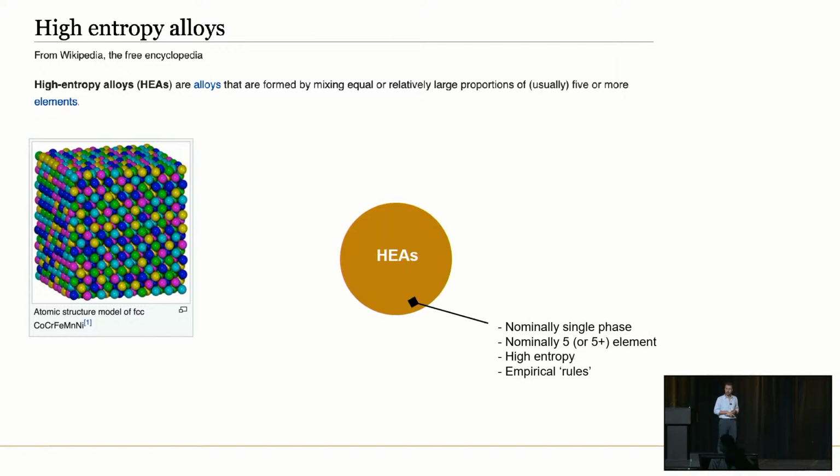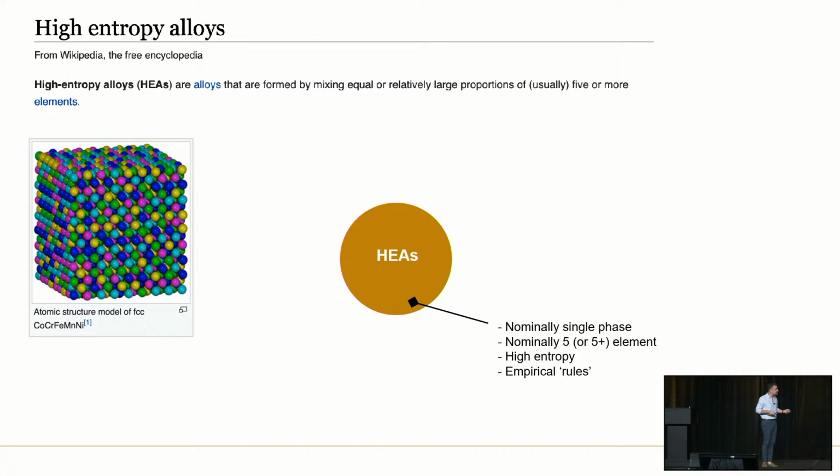All right, so high entropy alloys, what are they? They're nominally single phase materials with 5 or more elements, usually in equiatomic proportions. They have a high entropy of mixing, and you can design them using empirical rules. What that means is, calculate the entropy of mixing, and if it's greater than a certain magnitude, then this effect should happen. And the way in which you estimate that it would happen is if your valence electron concentration is above a certain value as well. So there are like 12 rules that if you follow, you'll get this.